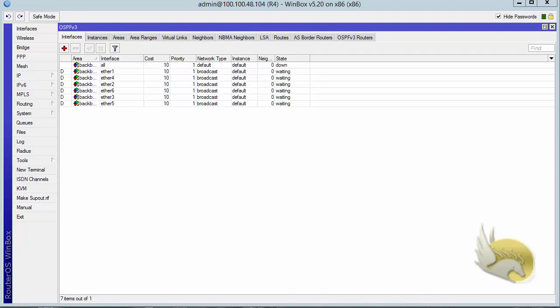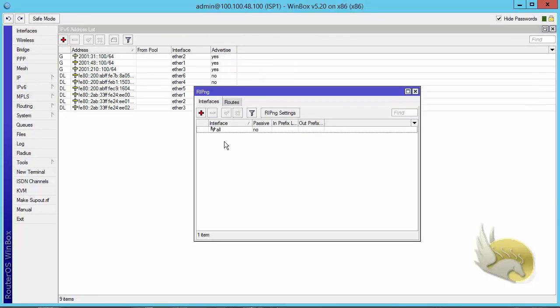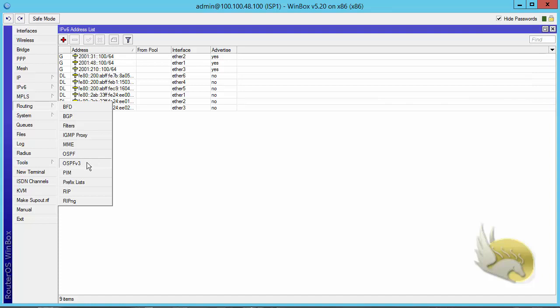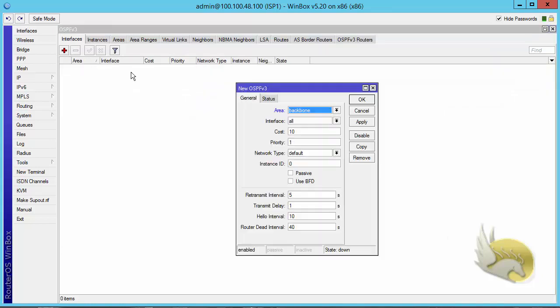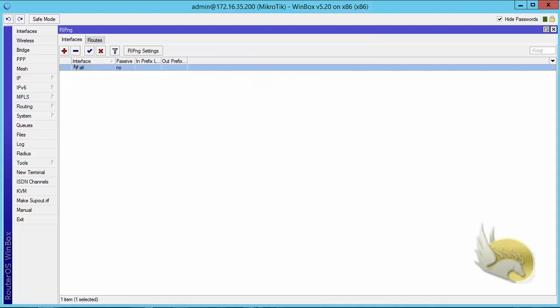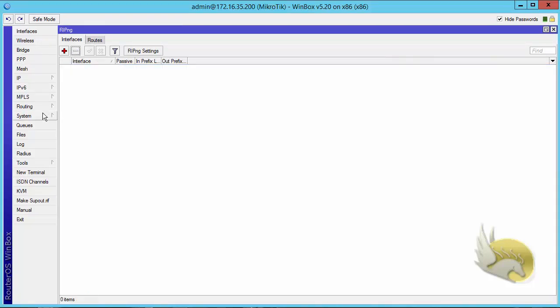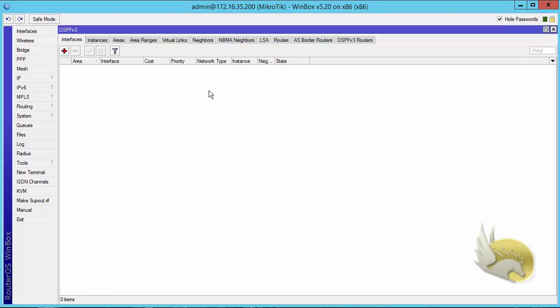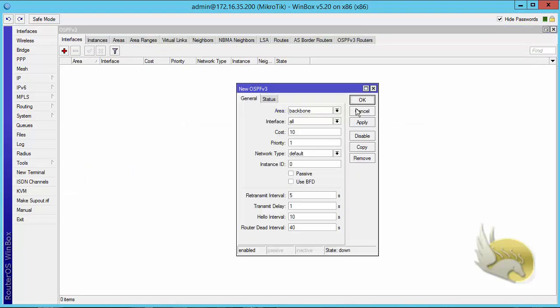On ISP1 and ISP2, I want to do the same thing. So I go to OSPFv3 and add all interfaces to backbone. Let's go to ISP2 and do the same thing here. Remove this RIP next generation, go to routing OSPFv3, and you can see it is very easy to configure this